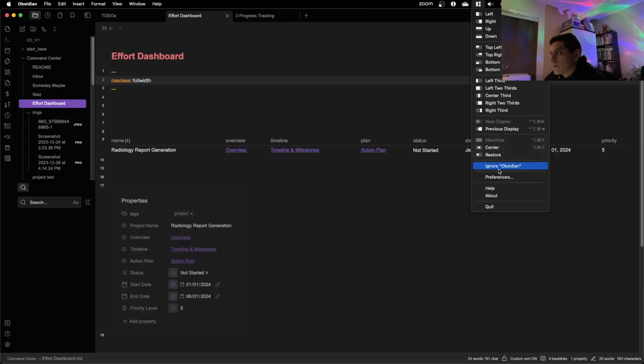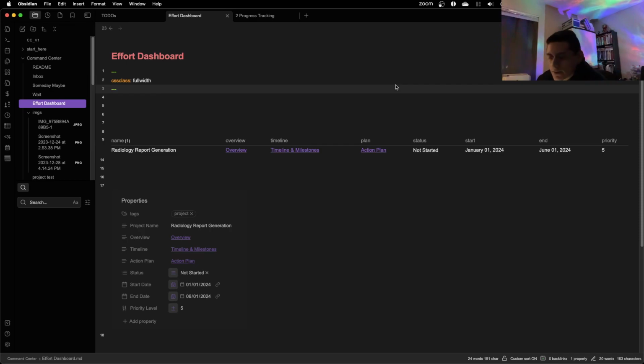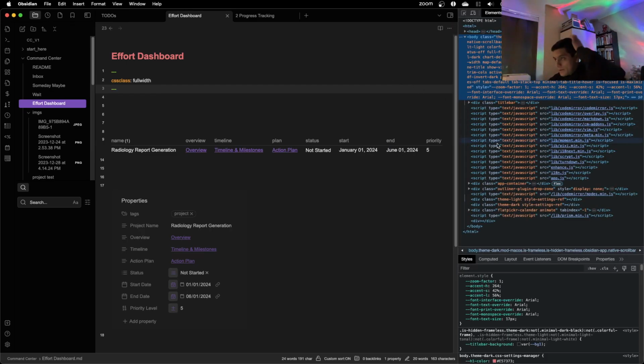Full screen first, then ignore Option Command I. Okay.